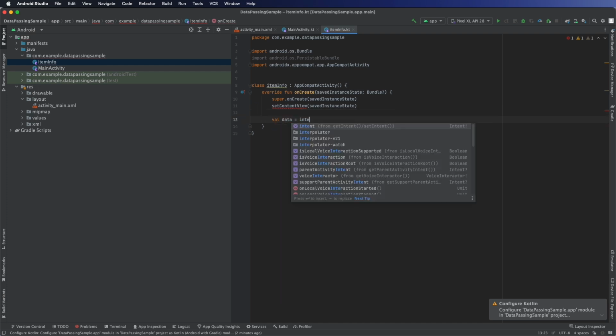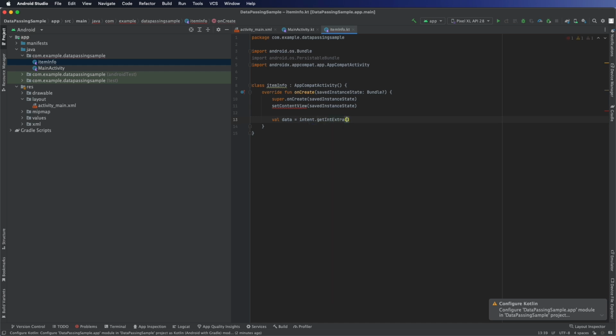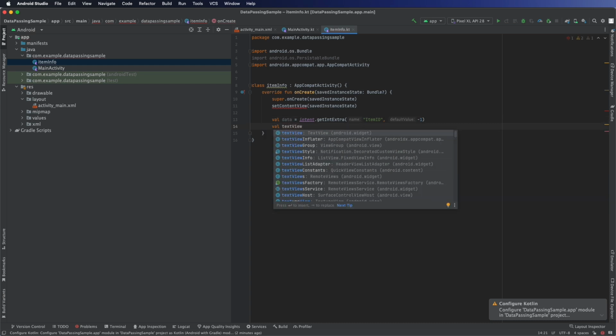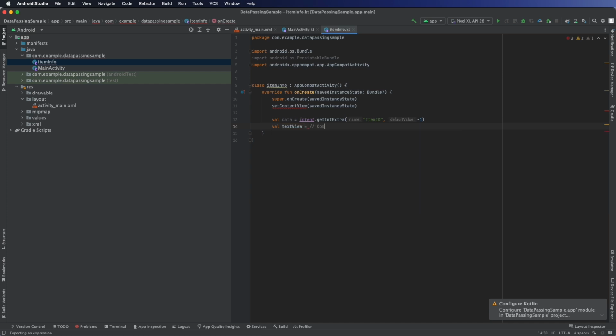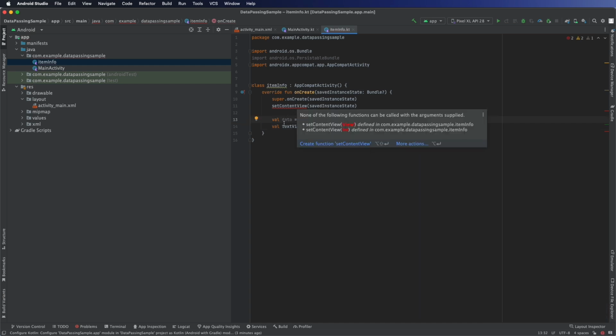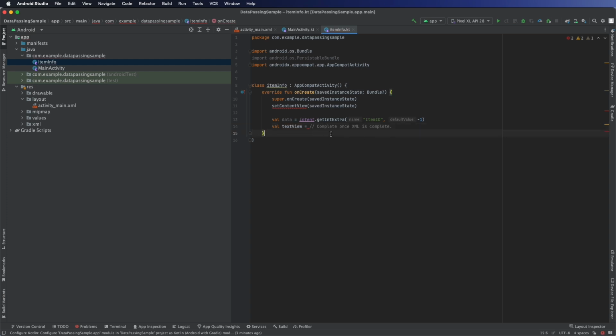From there, we're going to do val data, and get the int from the intent's extra information. We know the name of it is ID, and while we don't know the value, we can set a default value. I'm going to set it to -1, just in case the item ID doesn't actually exist. Then the text view, but we've not actually created the XML for the text view yet. So we're going to go ahead and create